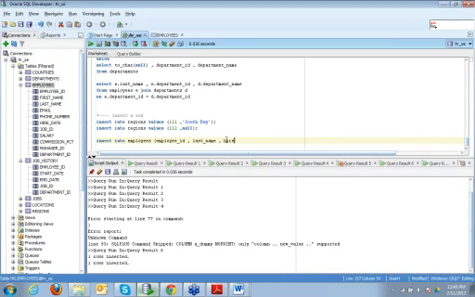So I can have hire date, then job ID, and email. Okay.